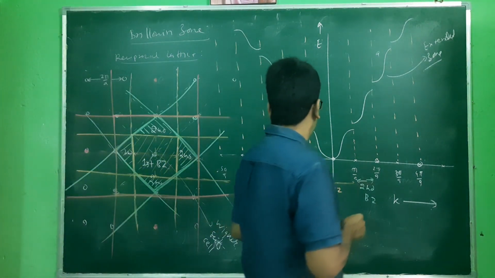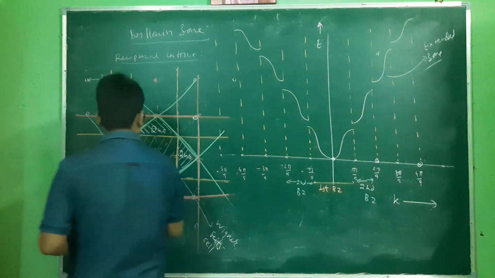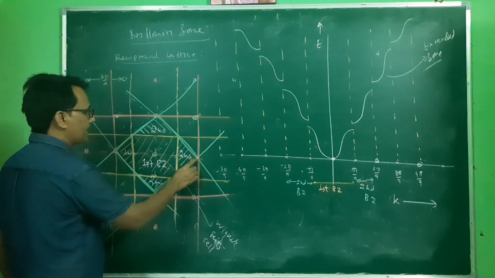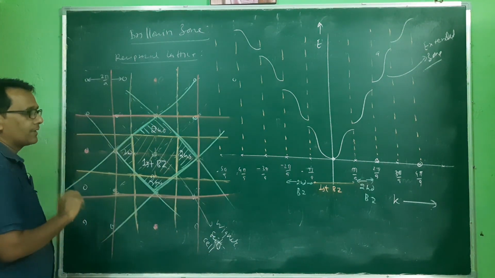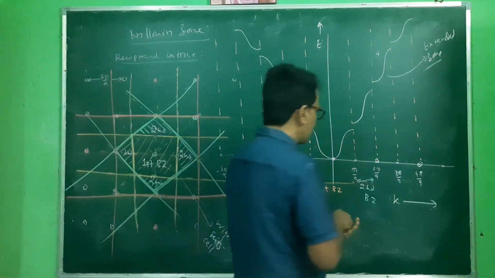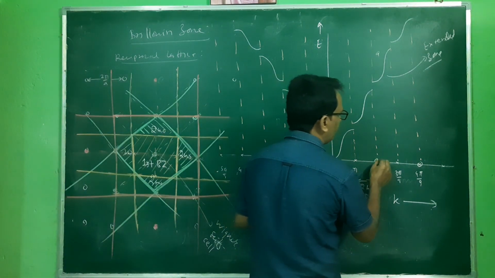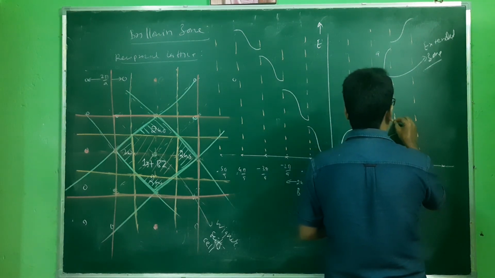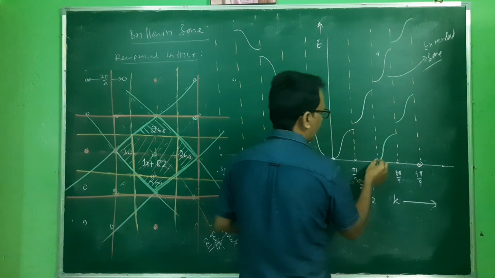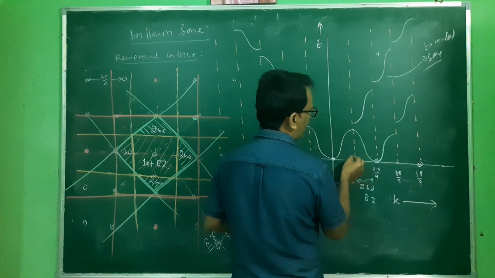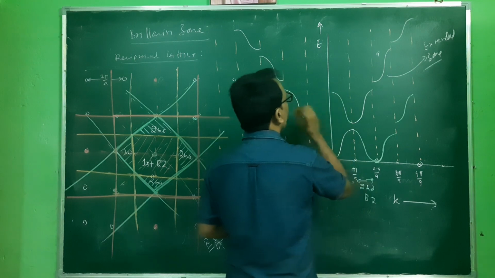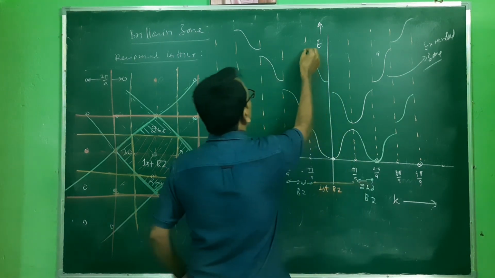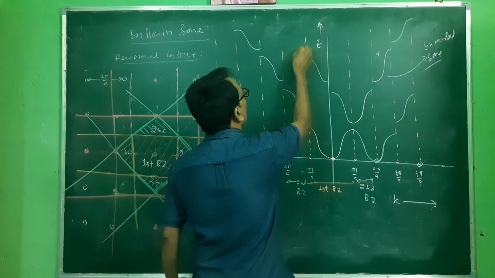We can take each and every point as a center point. Here we have taken this center point, and this is the diagram. We can take this second point, this point as a center, and draw a similar diagram. So let us have this point as a center. We will have the diagram like this. Similarly in this direction, this will be like this, and there is a break here.